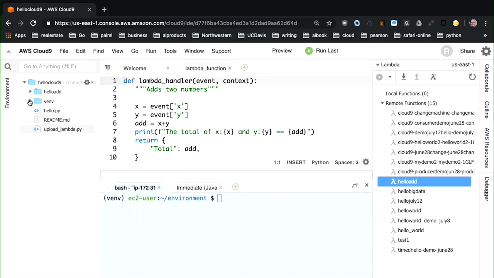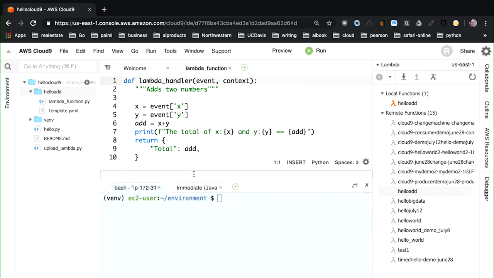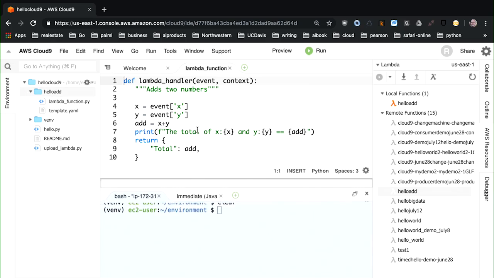You can see here that it puts this Lambda function right in my immediate development environment. And if I wanted to, I can make changes to it and modify it. So let's say I add an additional comment to this doc string here. If I say adds two numbers and returns value, you can see I'm able to easily edit that. And now if I want to run it and verify that the code works, the next thing I would do is go through and invoke it. We'll do that in a second, but the main takeaway here is that it's trivial to both create Lambda functions